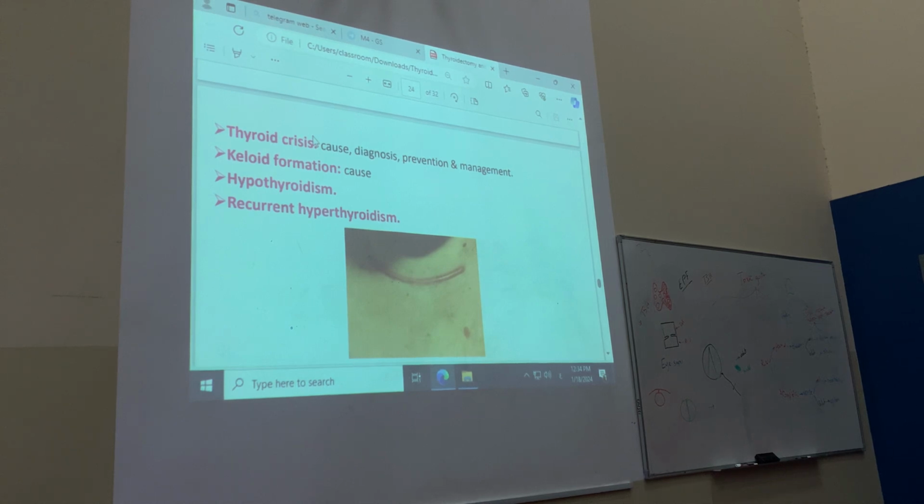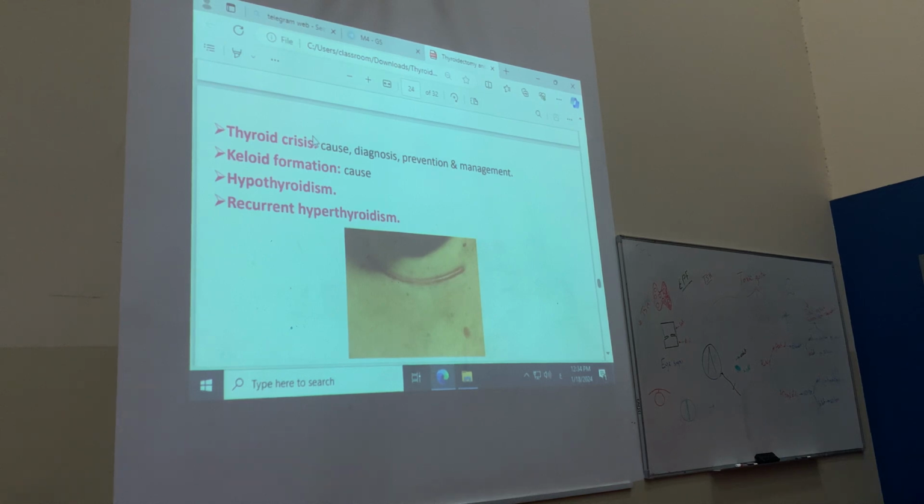And so, let's say that this incision is performed lower down over the manubrium sterni. Any scar over the presternal area has a very high tendency to form keloid. Hypothyroidism, if you are performing total thyroidectomy without post-operative replacement. Recurrent hyperthyroidism, if you are performing